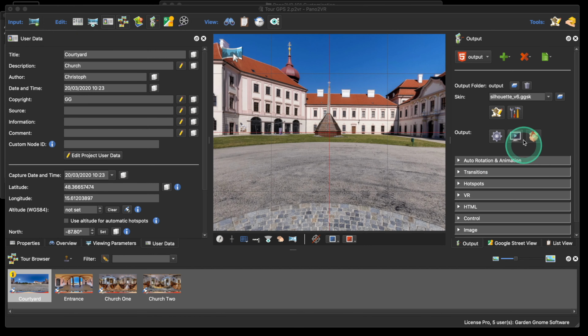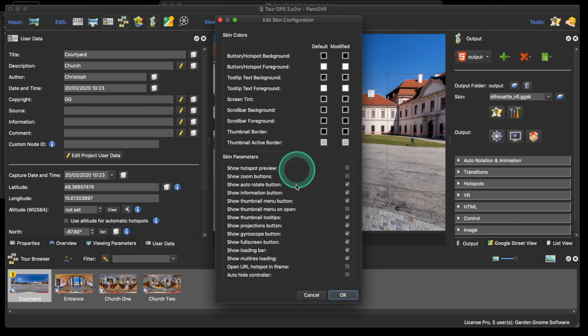If we have a look at the skin configuration, this is show multi-resolution loading. So that's the difference between show a loading bar and show multi-resolution loading. Multi-resolution is when Pano2VR first opens, it loads a resolution fit for the device or the screen that you're viewing. But as you zoom in and you pass so many pixels per screen, it will then call for